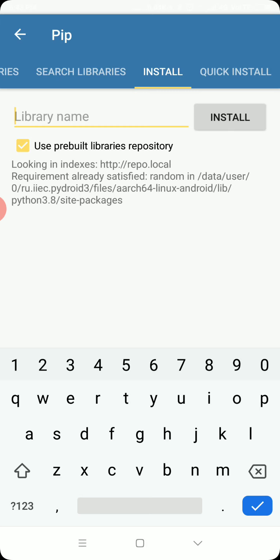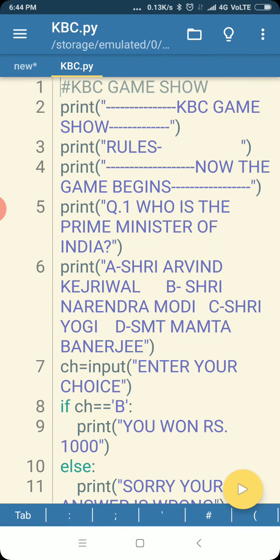So any library which you are learning, some of the students will learn afterwards, class 11 students, like the math module, statistics module, random module or numpy. Then next year you will have pickle, CSV, MySQL dot connector. All these modules you have to first import or install, and then you can use them. Normally many students are running Pydroid 3 on mobile, so today I have explained how to run the programs on mobile.